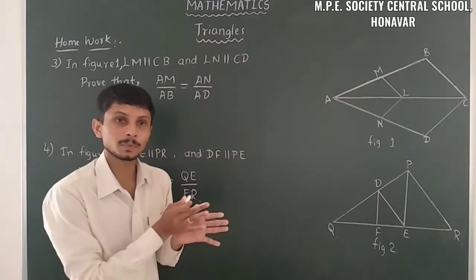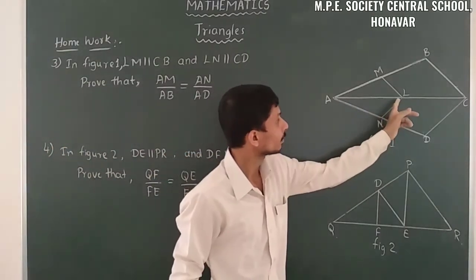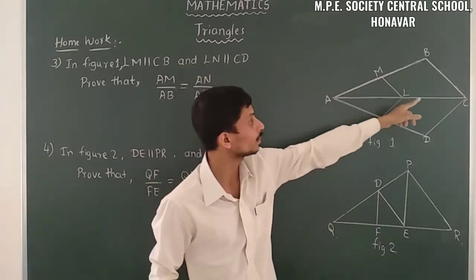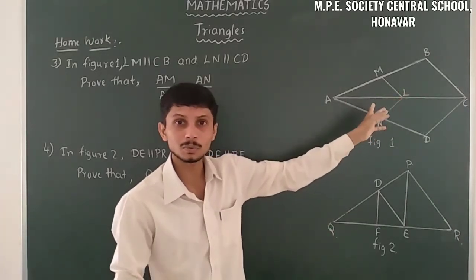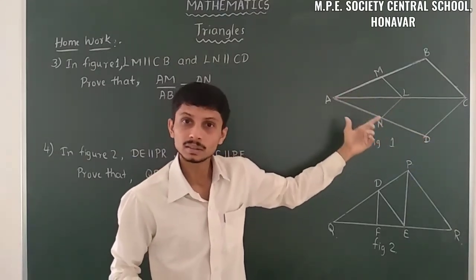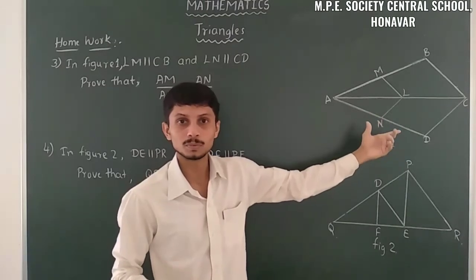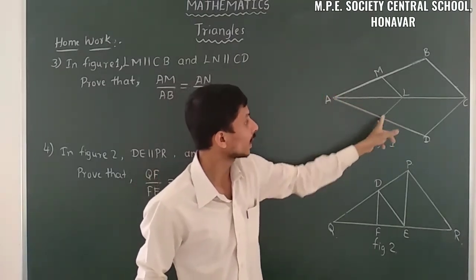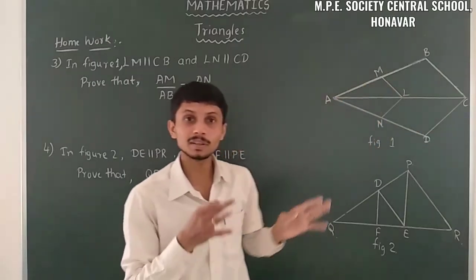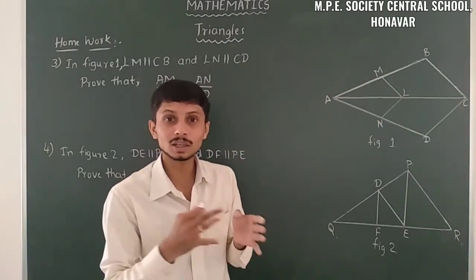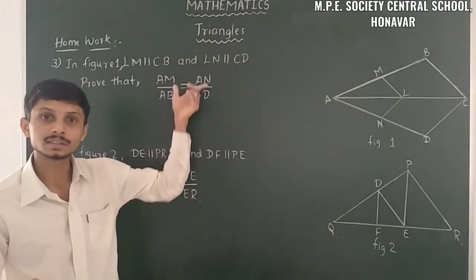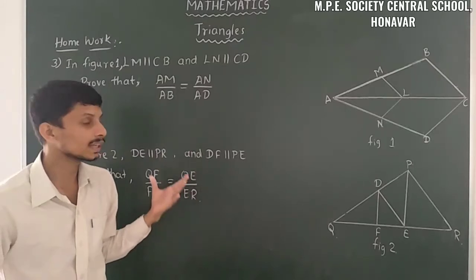Similar to the last problem, just observe AL by LC is common for those two conditions. When we take LM parallel to CB, we can use theorem 6.1 to get AL by LC. Also, when we consider LN parallel to CD, we get the same AL by LC using theorem 6.1. The things which are equal to the same things are equal to one another, so we can easily get this condition.